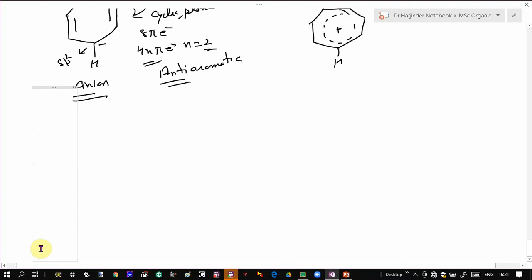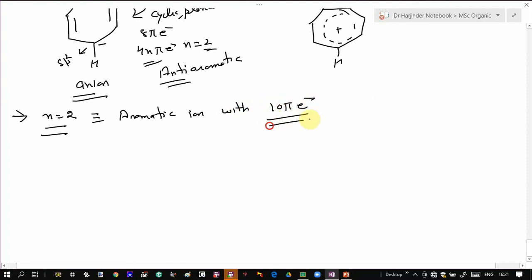So let's take other examples of these aromatic ions. Now let's take another example with n equals 2, meaning an aromatic ion with a 10 pi electron system. So let's take an example of a 10 pi electron system. And the example of a 10 pi electron system is